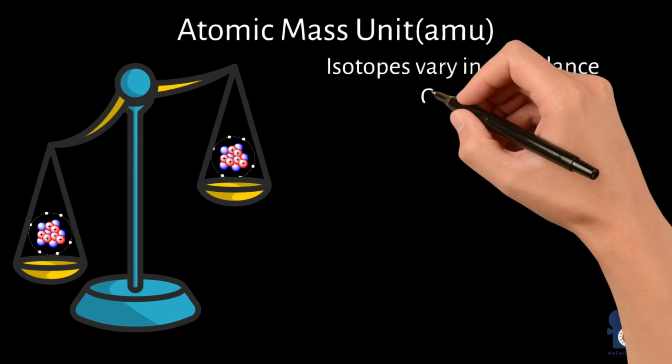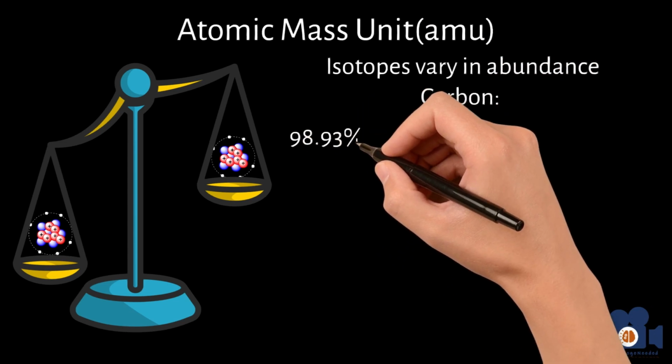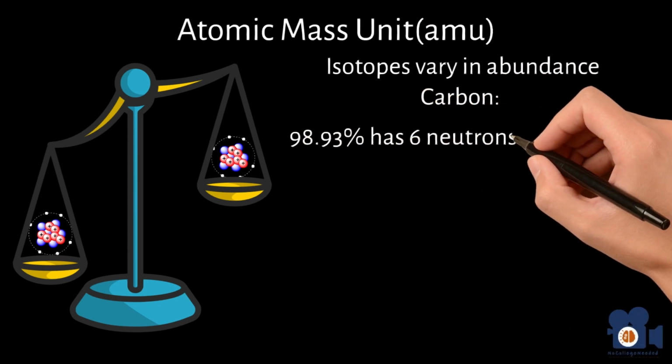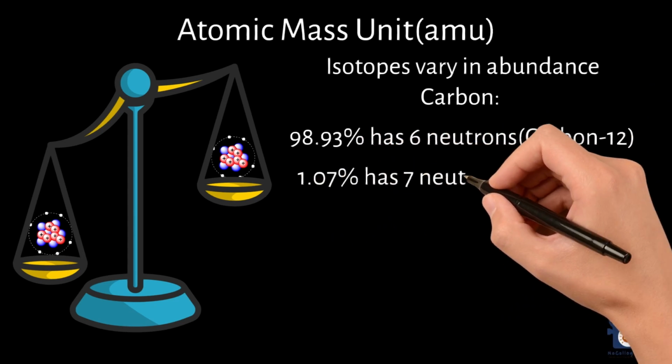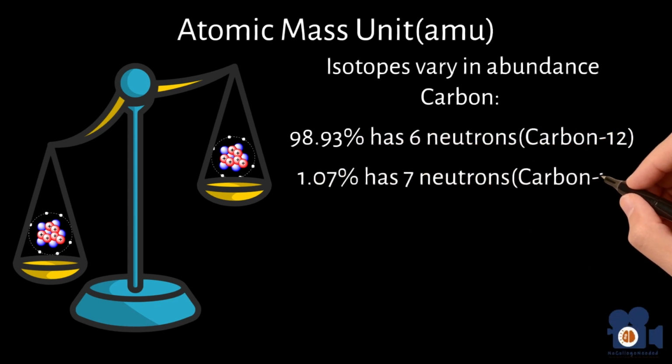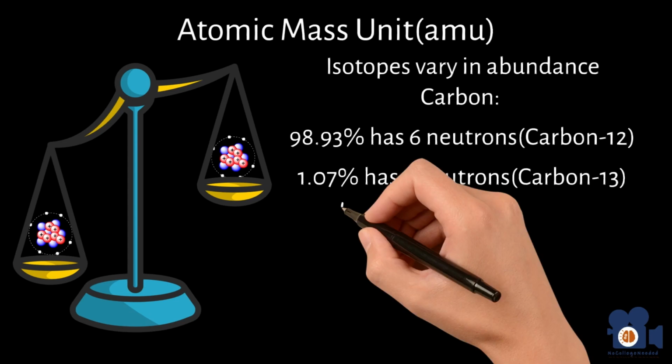For example, with carbon, 98.93% has 6 neutrons, which we call carbon-12, and 1.0% has 7 neutrons, which we call carbon-13. To determine carbon's atomic weight, we just multiply the masses by the percentages to get the average mass. This looks like